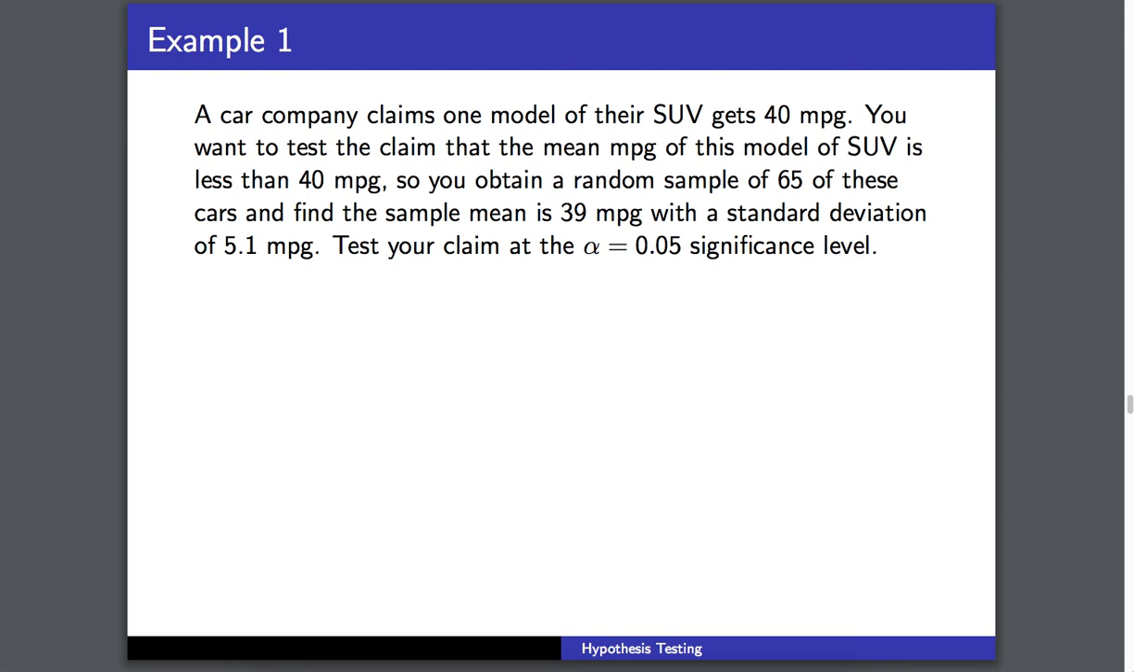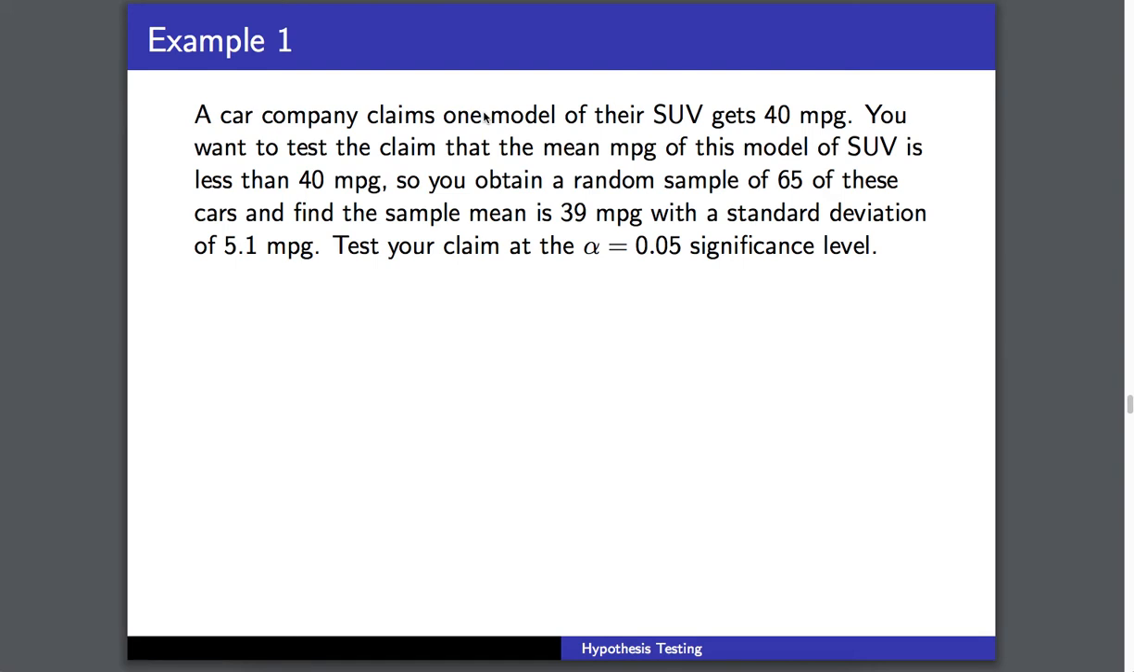All right, in this video, we're going to take a look at some examples of hypothesis testing of a single mean. So example one, we have a car company that claims one model of their SUV gets 40 miles per gallon. You want to test the claim that the mean miles per gallon of this model of SUV is less than 40 miles per gallon. So you obtain a random sample of 65 of these cars and find that the sample mean